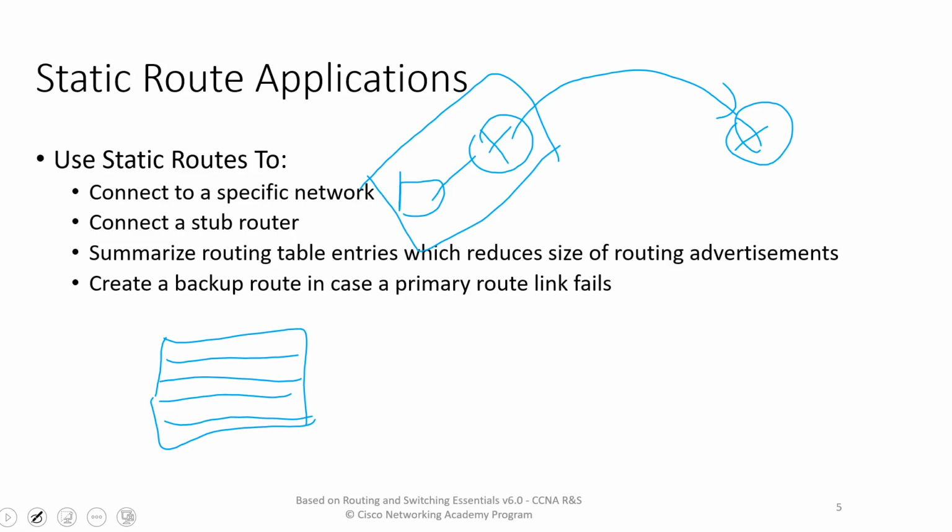And one of the other possibilities is, even when we are using dynamic routing, we can create a backup route using a static route. So even if the primary link fails, we can use this backup route as a way to manage that. So even if dynamic routing is the primary application, we may still have certain static route entries as a backup. We will briefly look at each of these a bit later.